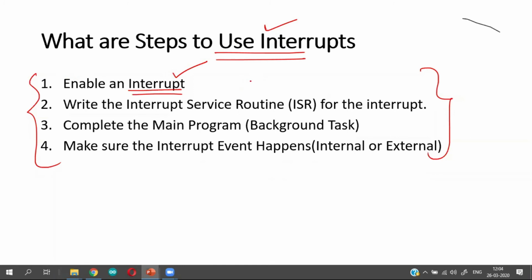After you enable an interrupt, and if such an event happens, automatically the microcontroller will look for an interrupt service routine, or ISR. This is nothing but you telling the microcontroller what exact operation it has to do whenever it is interrupted. So an interrupt service routine is a way of telling the microcontroller what exact operation to perform whenever it is interrupted. That is the reason why the interrupt service routine has to be completed by the user. Enabling the interrupt and not writing the interrupt service routine is a very dangerous practice, because it is like